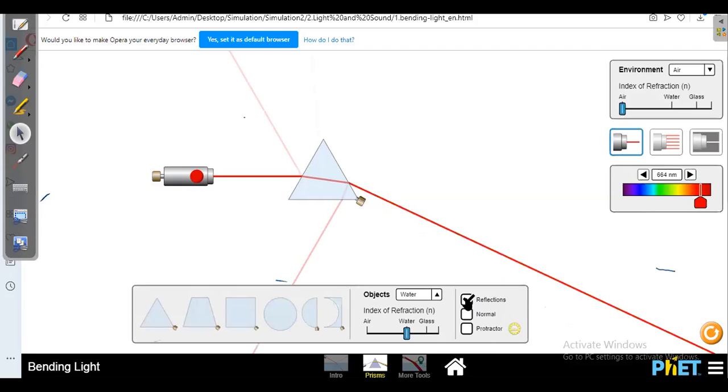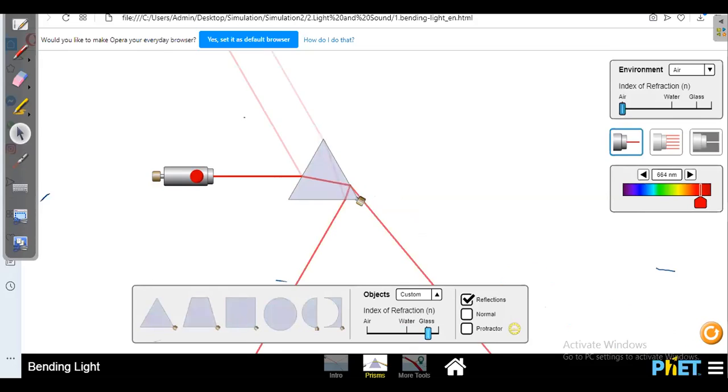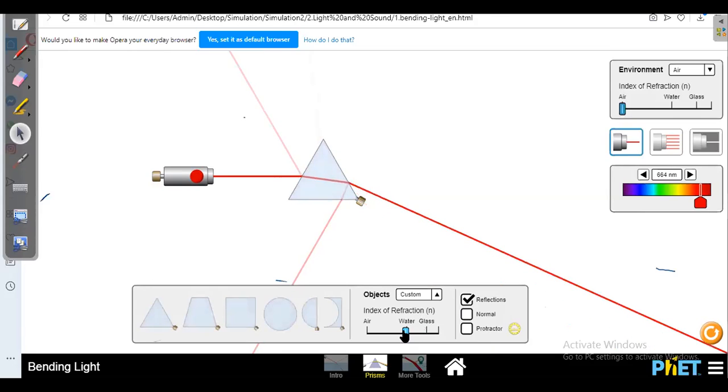And again, when your light goes from here to here, this is free space, and this is water. Water or glass, anything you can use. Let it be water. Are you understanding? When the wave comes here, it enters and is somewhat refracted here. Then this is reflection, and this is the refracted wave.